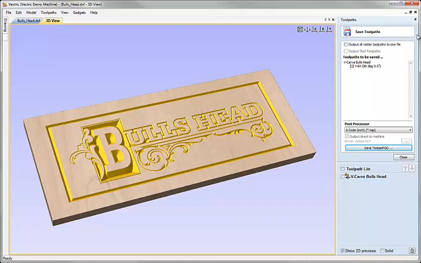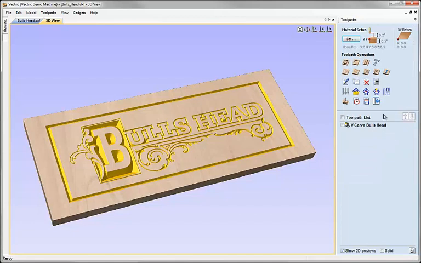So you've seen how quick and easy it was for us to import this data, create a toolpath for it, and save it to run on the CNC machine. In many cases though, you may also want to make changes to the design. So let's just give you an example of some of the tools that are available within the software to do that. To close the Save Toolpaths form, I'm going to come back over to the design side of the software,